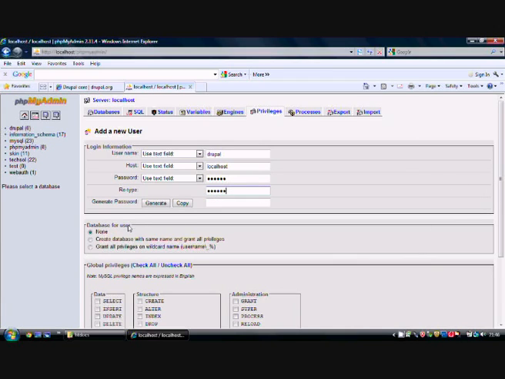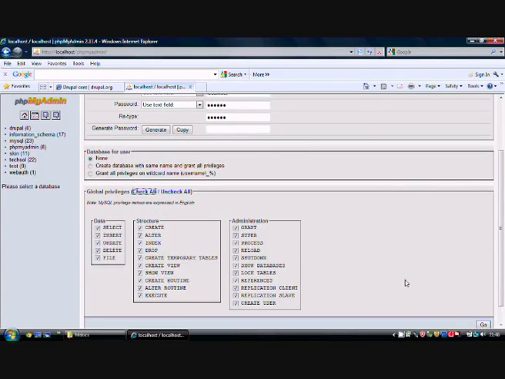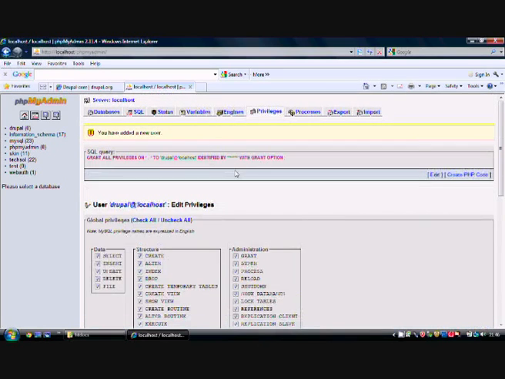So next is database for user, but we have already created this, which is Drupal. Then next is global privileges, and we have to do a check all. Once this is done, we click on go, and it will display the result as you have added a new user. So we have a database and a user for our website, and then we will proceed with the installation